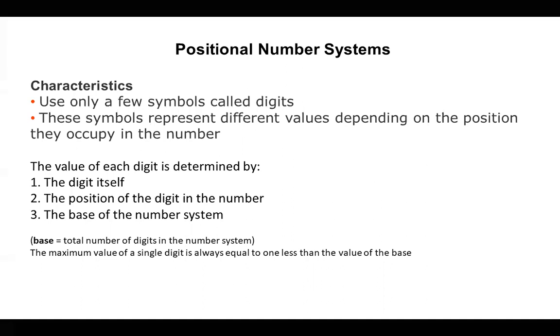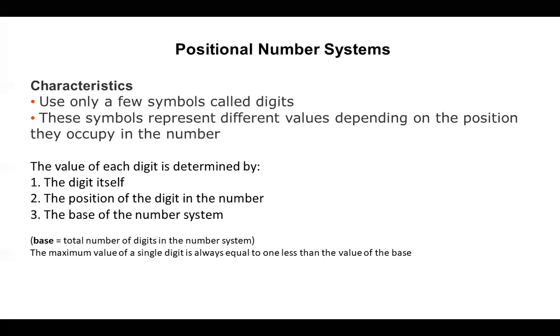If we take decimal, decimal is to the base 10 because we have 0, 1, 2, 3, 4, 5, 6, 7, 8, 9. These are the only digits we have. If you have to write 299, you will use 2, 9 and 9 from the same set of 10 digits. So that is the base. If you take binary, binary has only 2 digits, 0 and 1. So the base of the system is 2 because we have 2 digits.